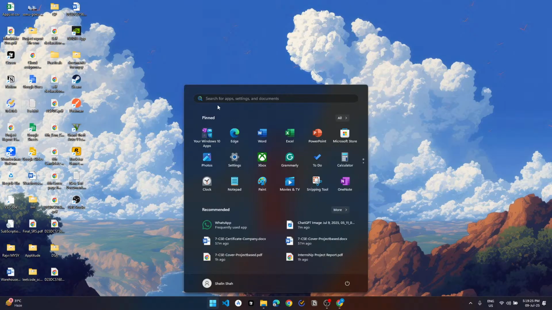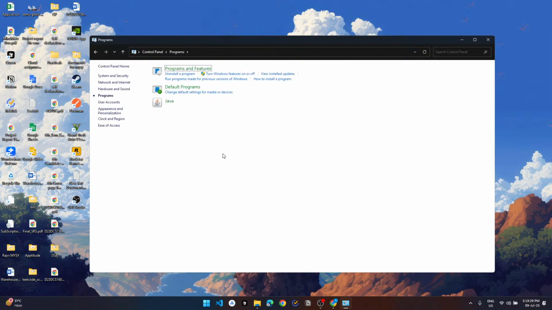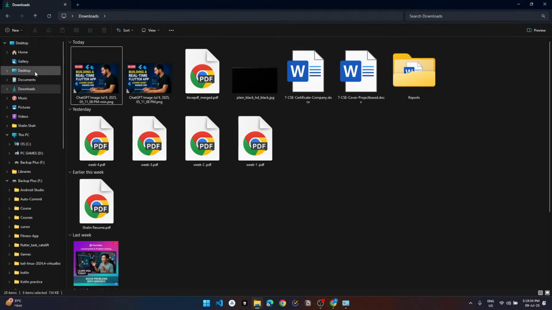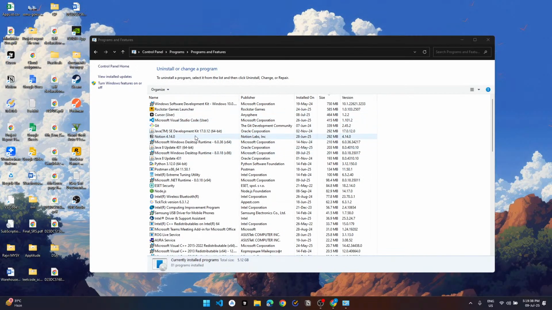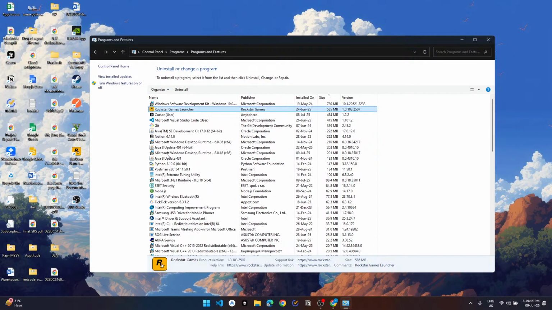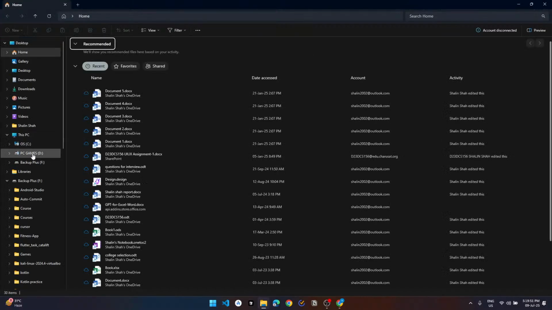So, what was I doing? Control panel. We are gonna delete some programs. I have so much on my laptop, and it's still taking so much.